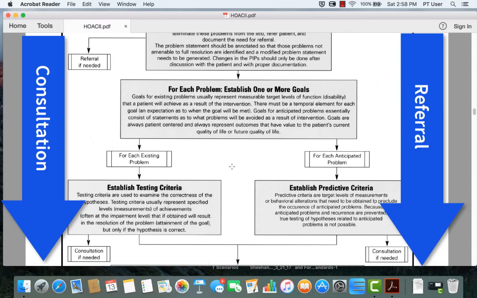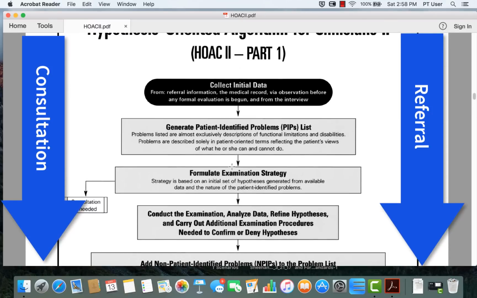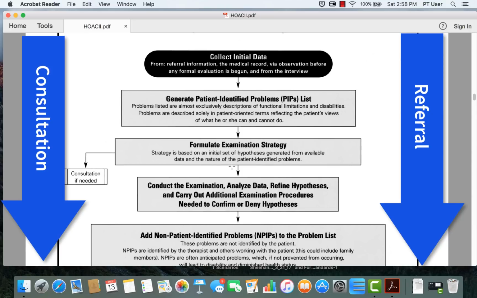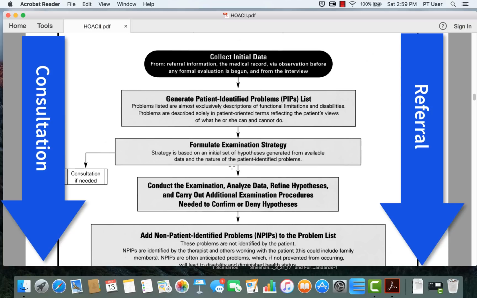Okay. What I want you to understand right now is that from the very beginning, from initially collecting data at the top, you will learn to determine whether you need to refer a patient out, meaning it's perhaps an emergency situation, or another healthcare practitioner is better skilled or more appropriate based on the information you've collected. Okay. You could refer to another PT, or you could just need to consult with a physician, with a nurse,